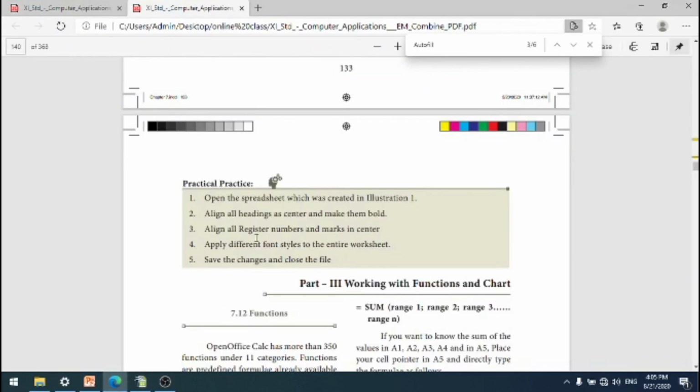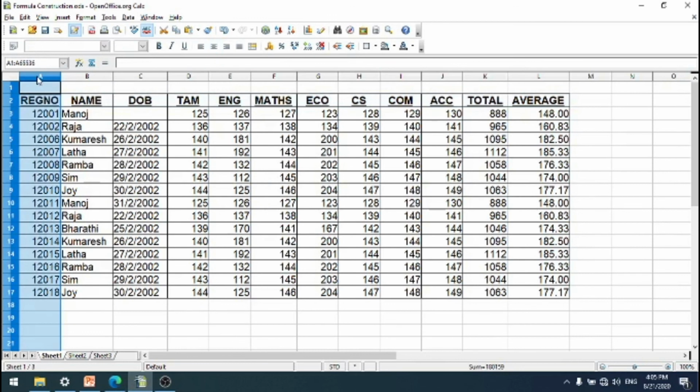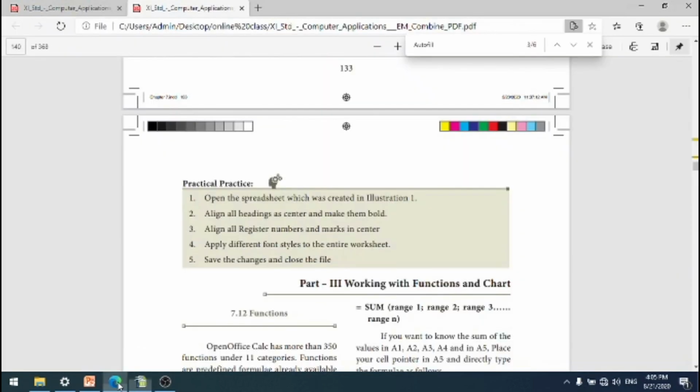Then align all the register numbers and marks in center. Select the column, then go to the center alignment. See, it's centered.